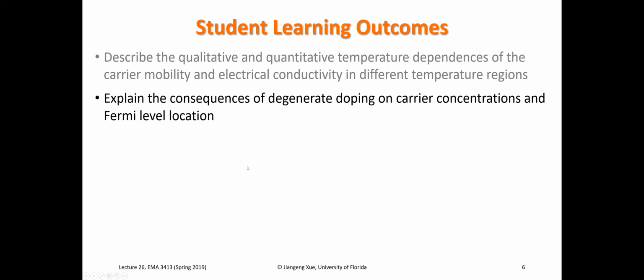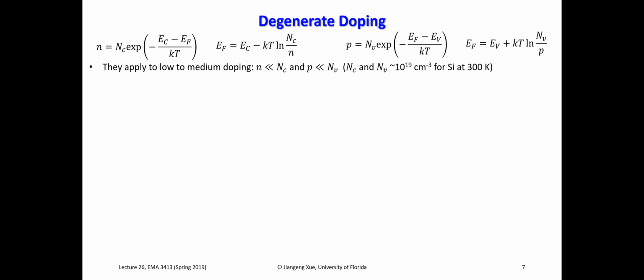The next student outcome is that you should be able to explain the consequences of degenerate doping on carrier concentrations and Fermi level locations. So we have all these equations relating the carrier concentrations to the Fermi level position inside the band gap. And at the time, we applied some assumptions. The assumption is that the doping concentrations will not be very high. The electron concentration will not be much higher than